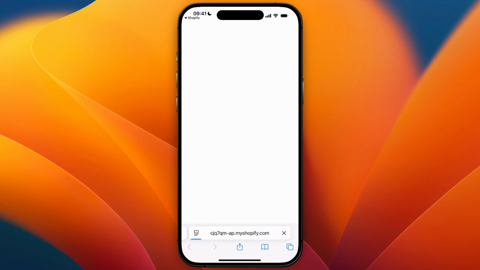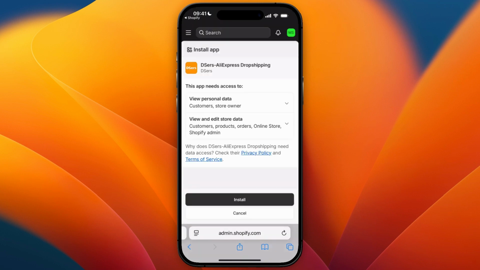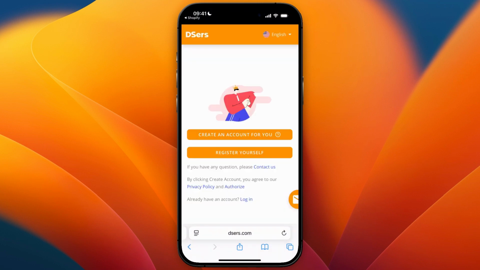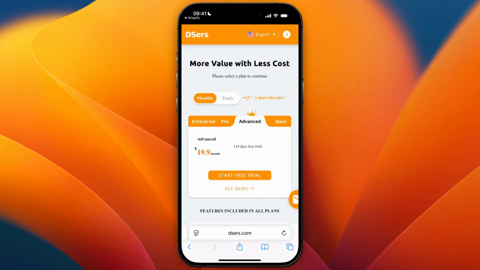So now just click Install. And again, confirm by clicking on Install. And then if you already have an account, just sign in. If you don't have one, just create your DSers account. Then you need to select a plan, so just go to Basic if you want to use the free one